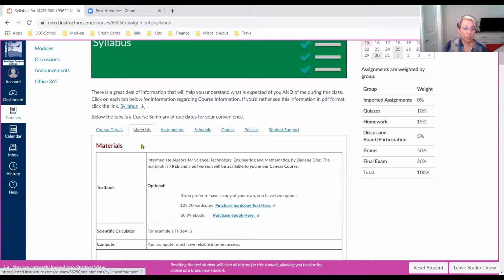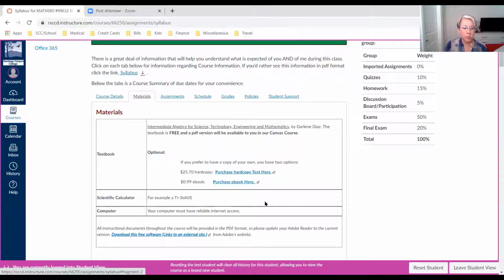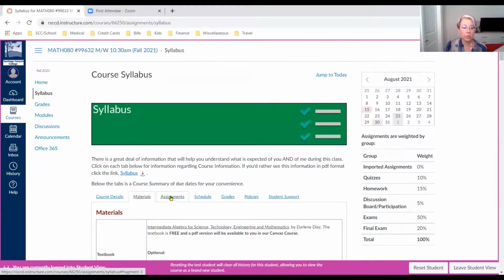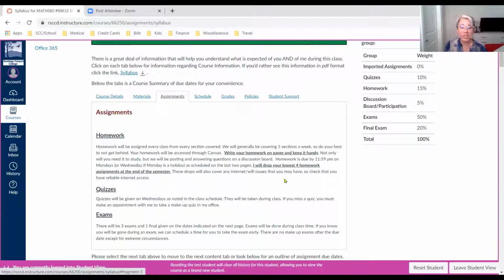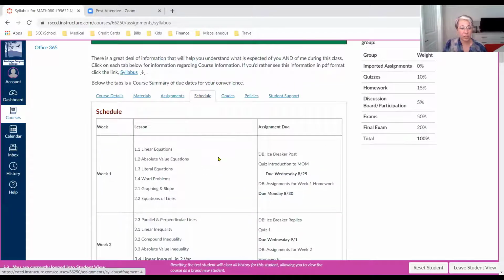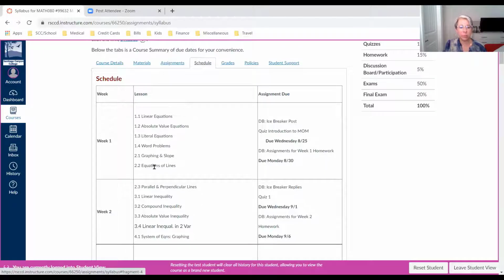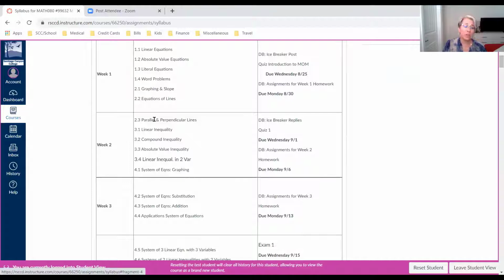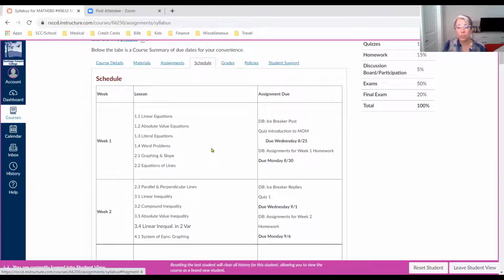It lists what materials we need, including the textbooks, the calculators, computers, which assignments, what to expect and when they're due. Also the schedule, week 1, which lessons we're going to cover, what assignments are due when. Notice there are a lot of sections to be covered every week. So try not to miss.